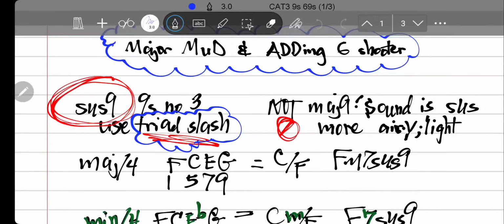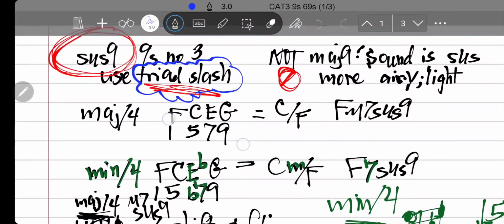I call it a sus and not a major 9 because it has like a suspended sound. It's like an airy, kind of light kind of sound. Different from a major 9. A major 9 doesn't sound as light because it has that 3 kind of bringing it back down, if you can just understand just musically what I'm saying. All right, so now we have that,